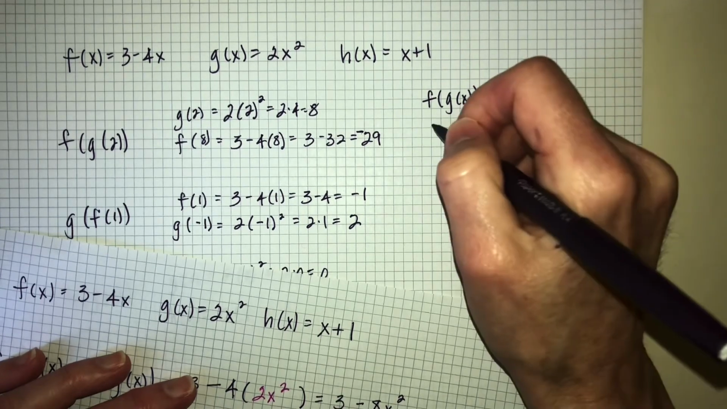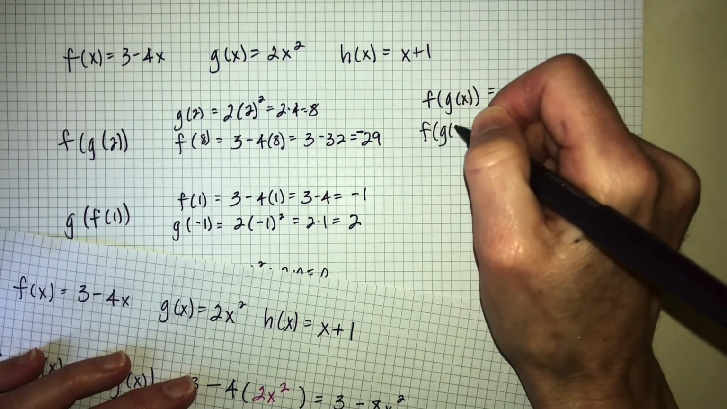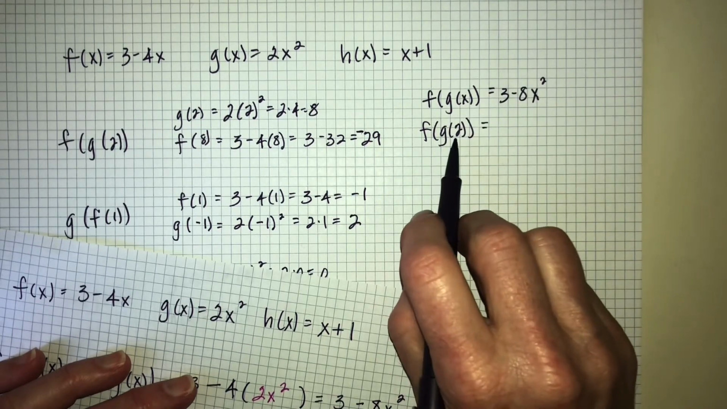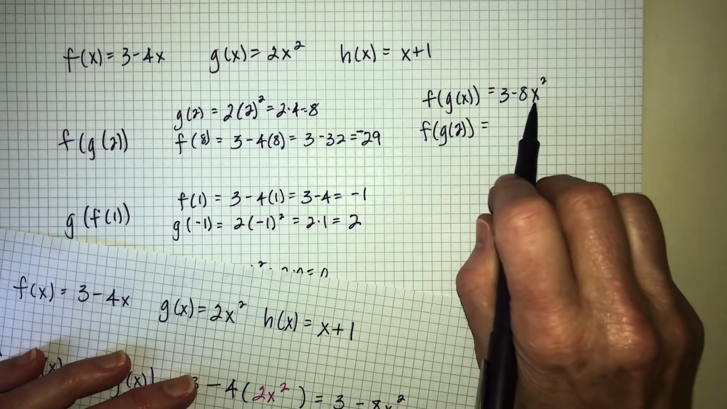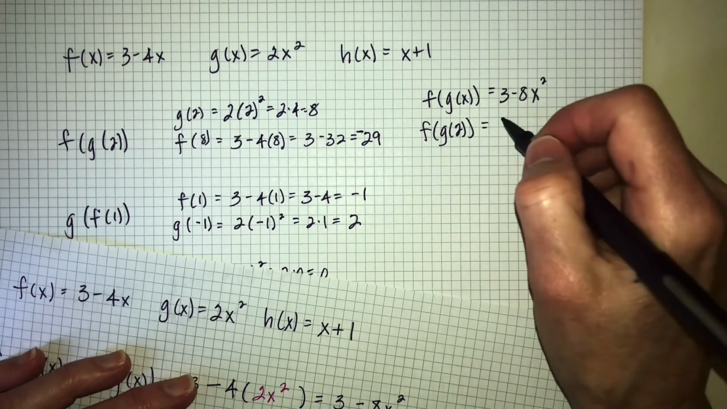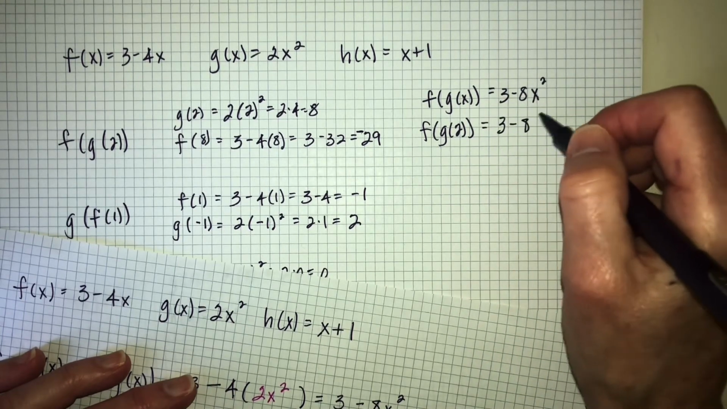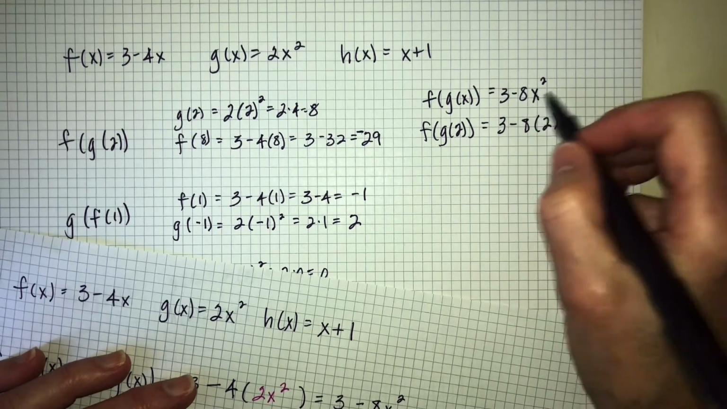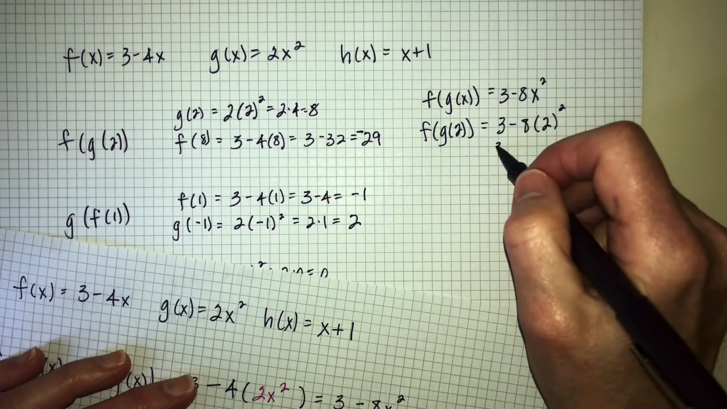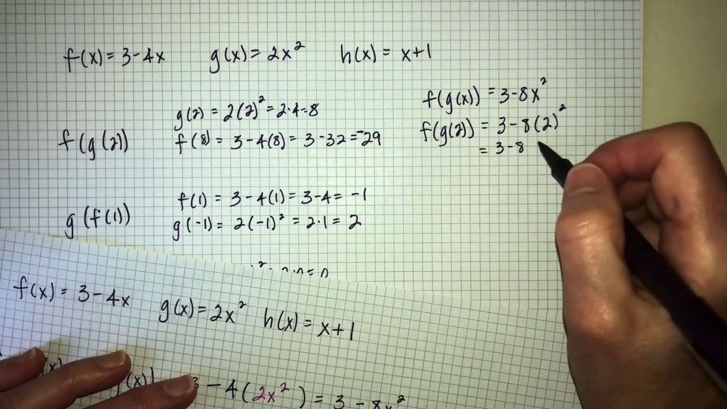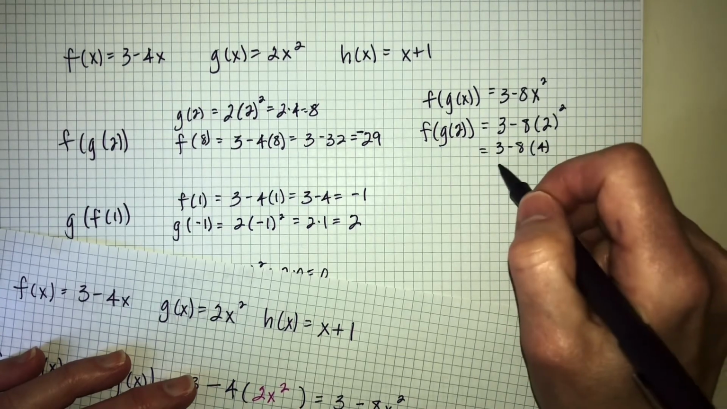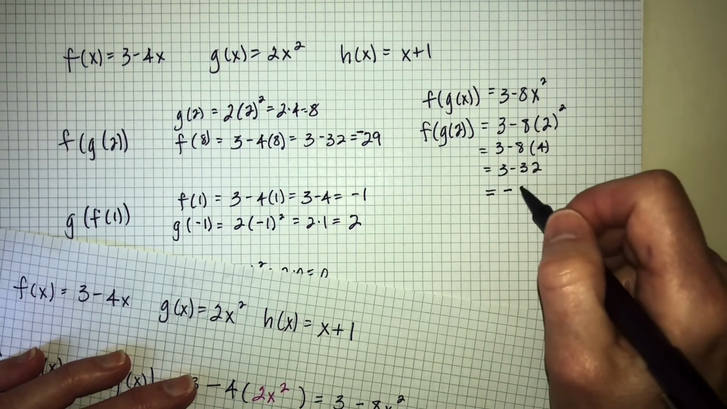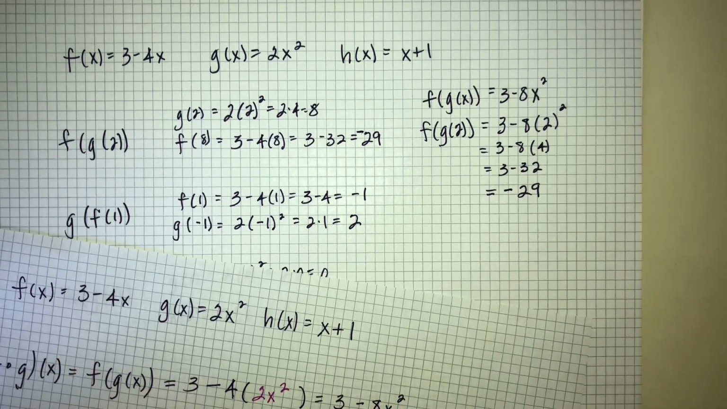And if we want to figure out f of g of 2, we could also just substitute 2 into what we found for f of g of x. In other words, 3 minus 8 times 2, plugging in that 2 for that x, squared. That's 3 minus 8 times 4, which equals 3 minus 32, which equals negative 29. So we get the same thing here